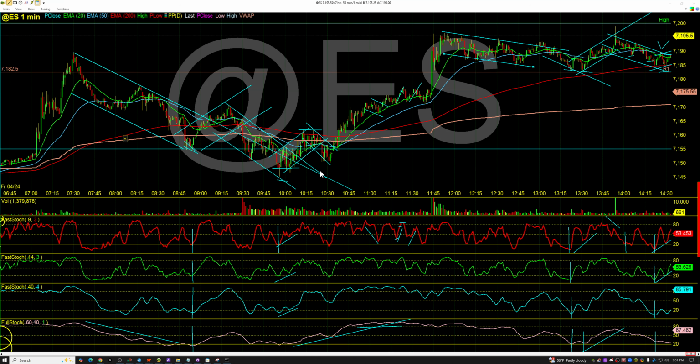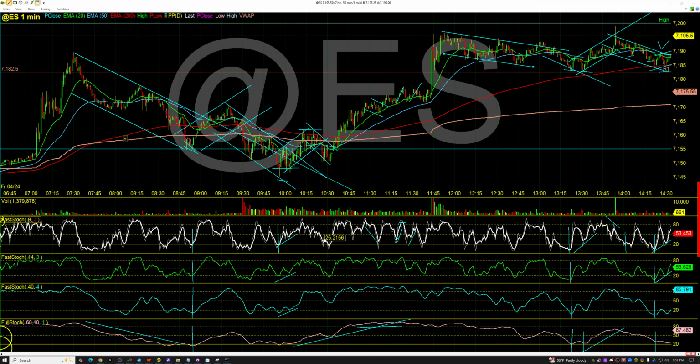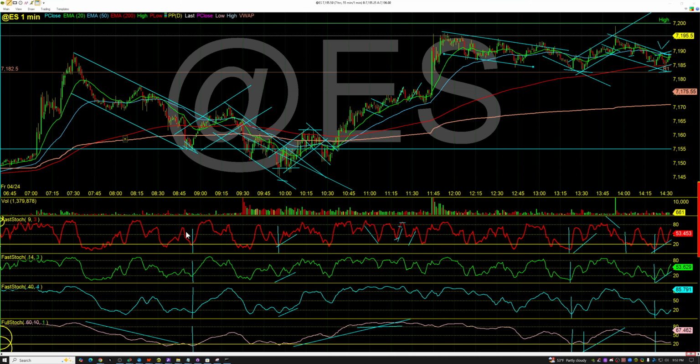And the patterns are based off of channels, which will be seen in the price chart, and the stochastics, which are underneath this. And these are 4 bands of stochastics. They're called the quad rotation system. The 9-3, the 14-3, the 44, and the 60-10. And when they all line up like this, that's our signal that multiple time frames are lined up. And what do we mean by multiple time frames? Well,